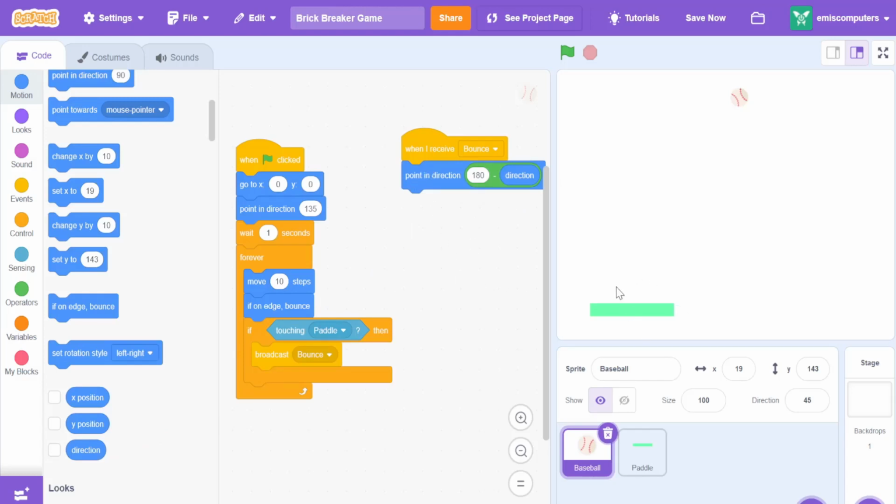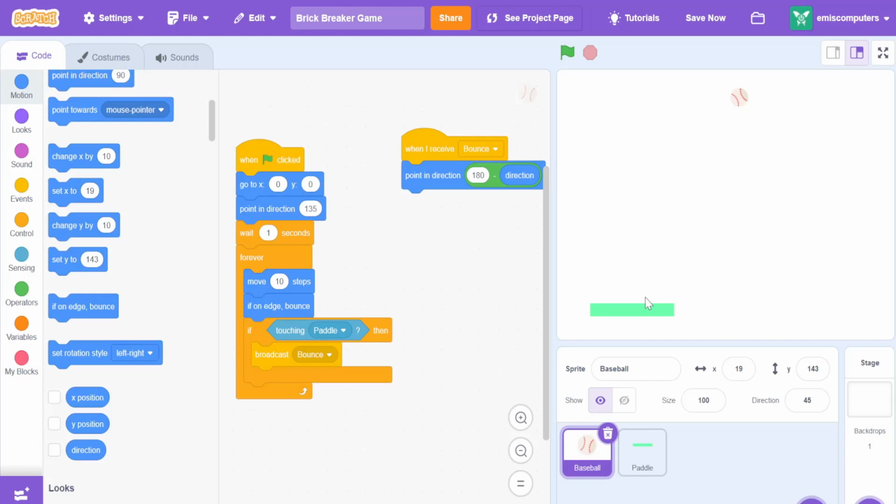And when we put it to 180, it'll go in like this arcing motion. So 180 minus 45 will be a 135-degree angle. And then 180 plus or minus parentheses minus 45 will equal a 225-degree angle. So this way